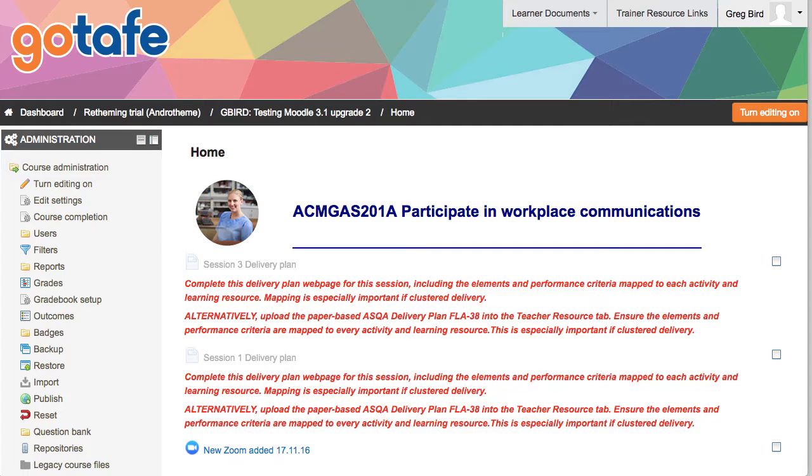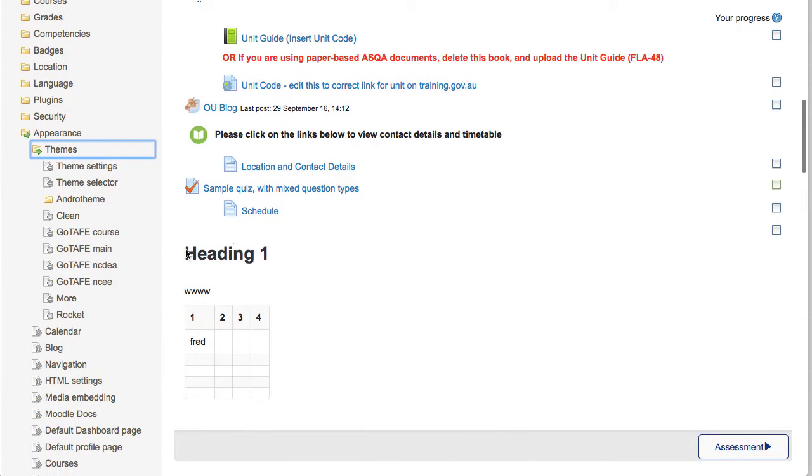Hi guys, well here's the challenge. We currently have 5 Moodle themes. They are things like Moodle Course, Main, NCDEA, NCEE. There's also a 5th one which is the HR theme, not on our test server, but is on our production